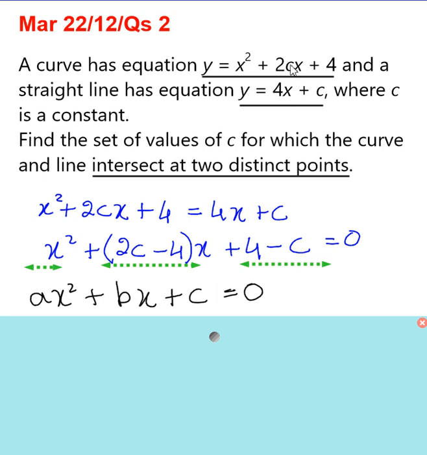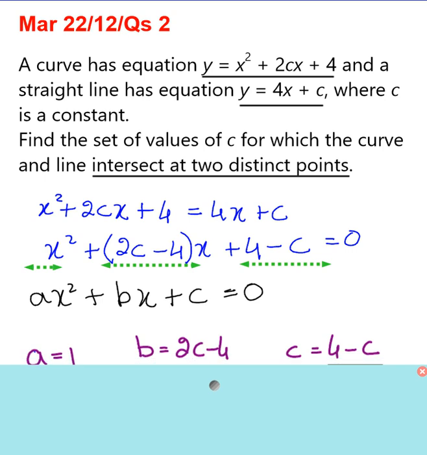By chance, the letter c is used here, and in general form also we use c. But by c I mean constant. So this whole is my constant here. So now, because the curve and line are intersecting at 2 distinct points, I will take the discriminant greater than